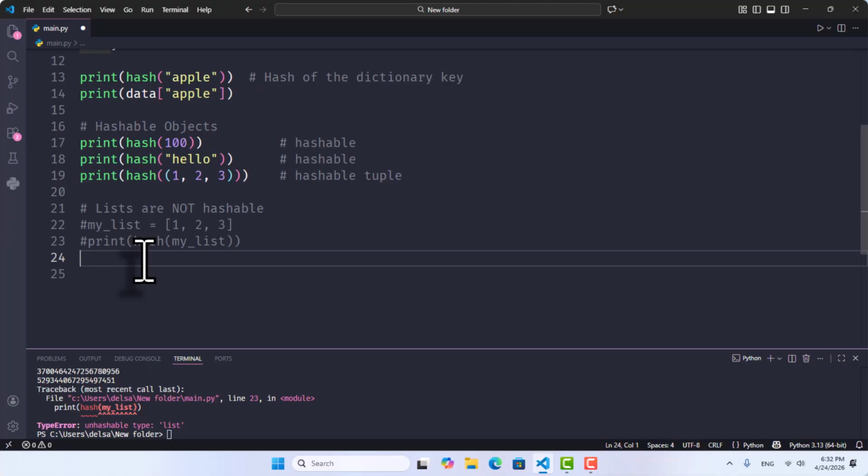Part 4. Real use case. Duplicate detection in sets. Sets use hashing under the hood to automatically remove duplicates. Example: